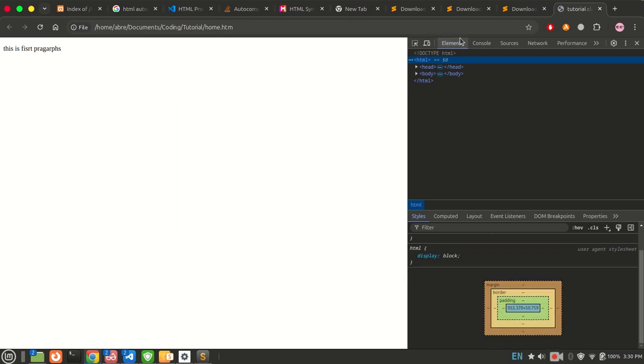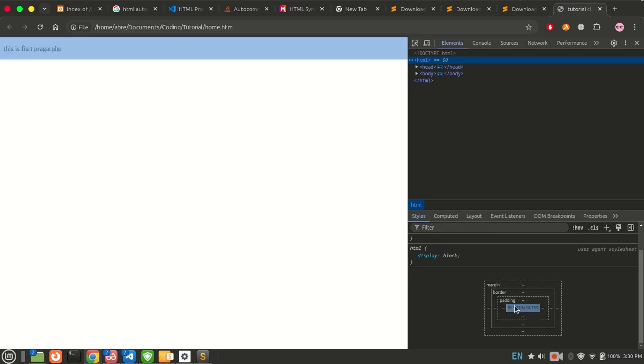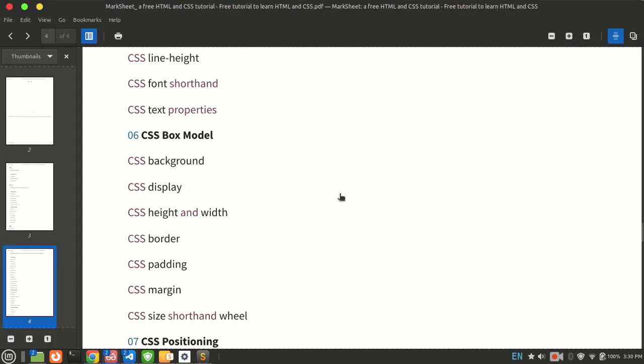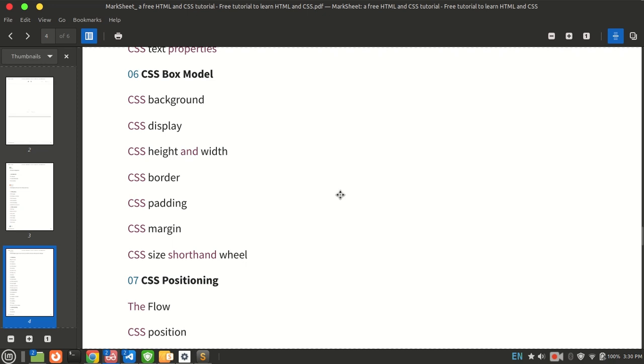Then let me make this one as element, and this one margin, padding, and the content also. When I come back from where I am right now, we call this the box model, and we will learn about this as well, about padding, height, and the width of